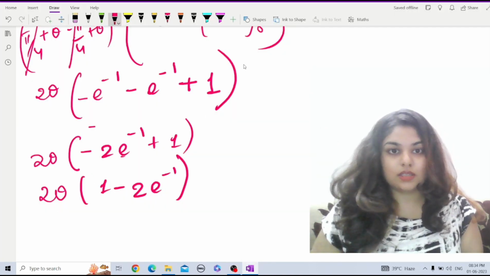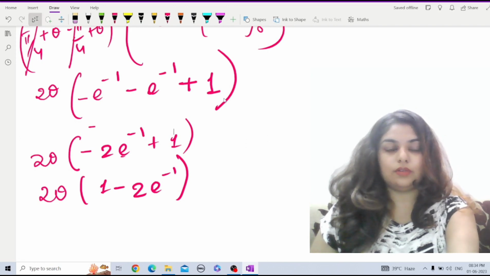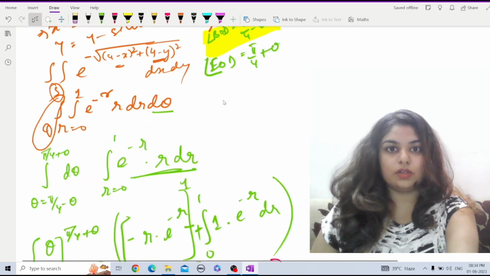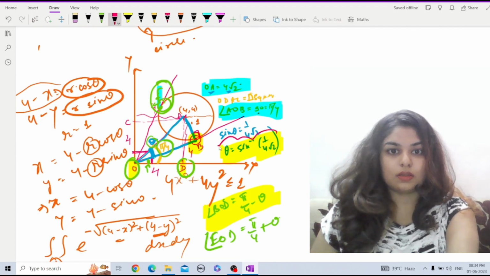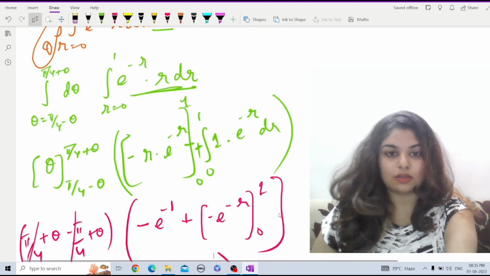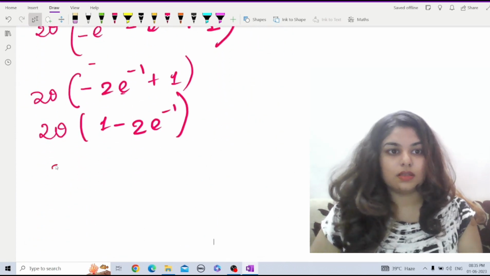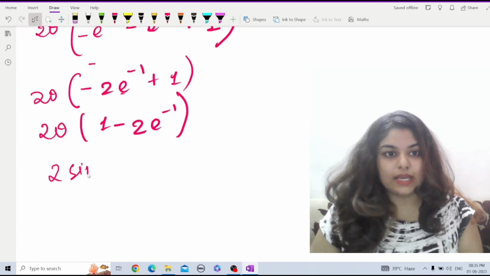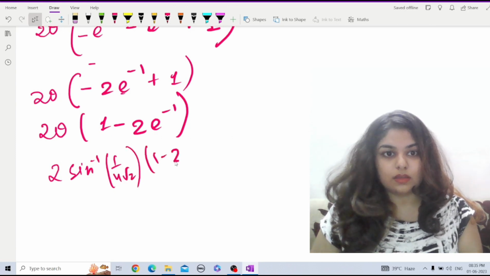Therefore, theta we have calculated as sine inverse 1 by 4 root 2. We will just put this value and that will be our answer. That is 2 sine inverse 1 by 4 root 2 times 1 minus 2 e to the